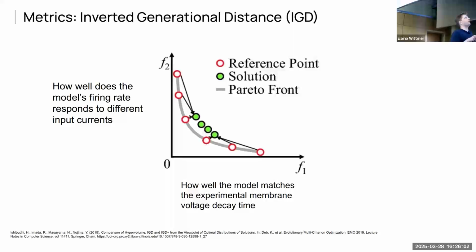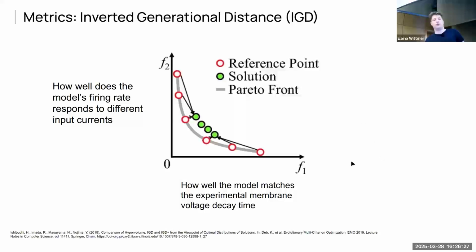And then we use that as a reference point to evaluate our cheaper approximations. And I'll show in a second how this looks. But this is the first metric we're going to use in the results: IGD. Basically, think of it as the lower the better. The closer you are to the target, the better. And then the second metric we're going to use